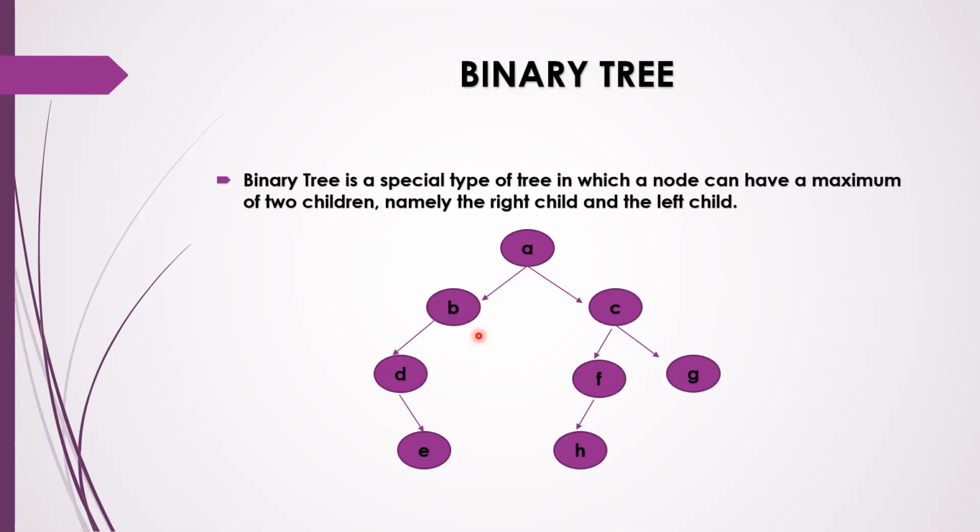Good. So how do you reach E? Tell me the path to traverse to E. A to B to D to E. Good. Okay. So did you understand pre-order? Pre-order, first we'll visit A, then the left subtree and the right subtree. In order, we will visit left, then the root, and then the right. Post order, we will visit left, then the right, and finally the root.